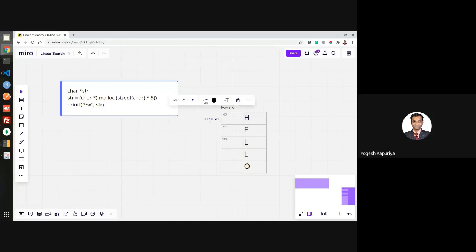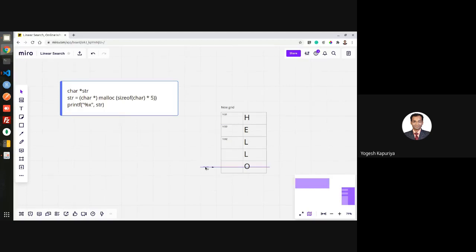So basically this is your str which contains the pointer, right? When I write str of 0, it will give me h. str of 1, it will give me e, l, l, o.